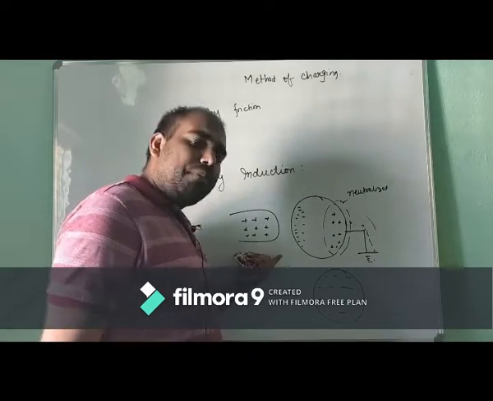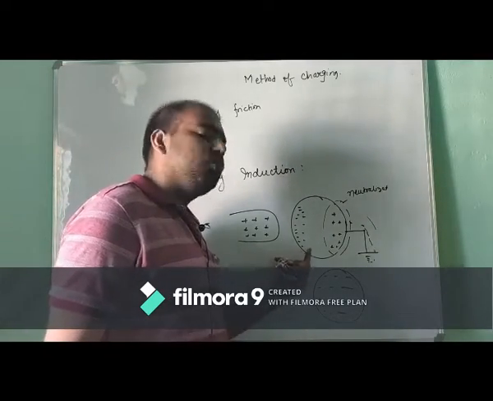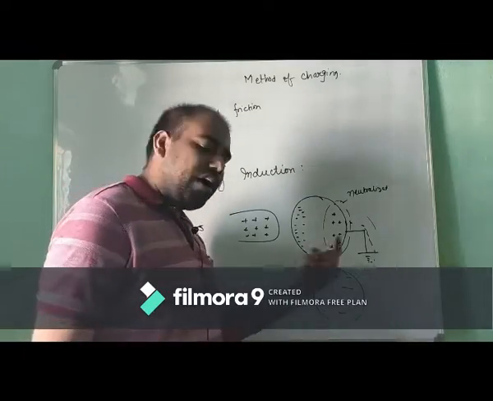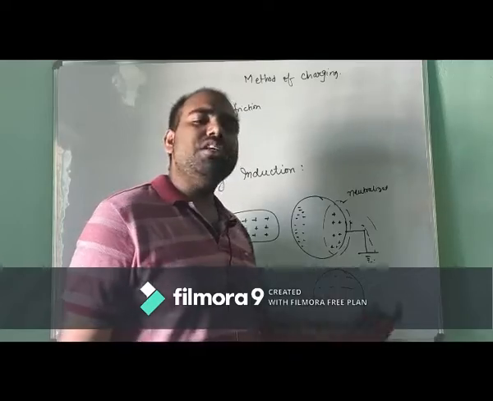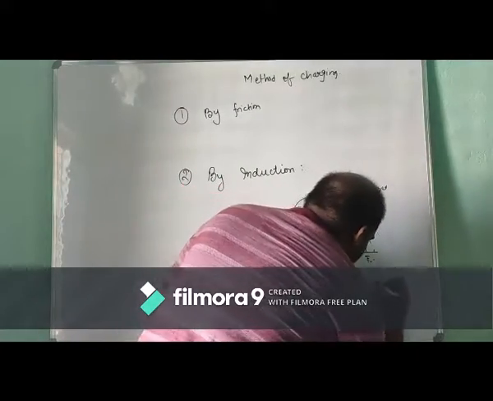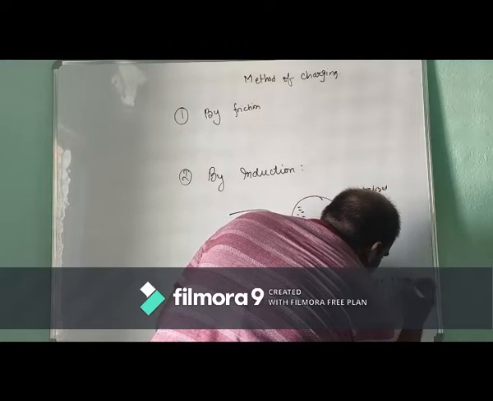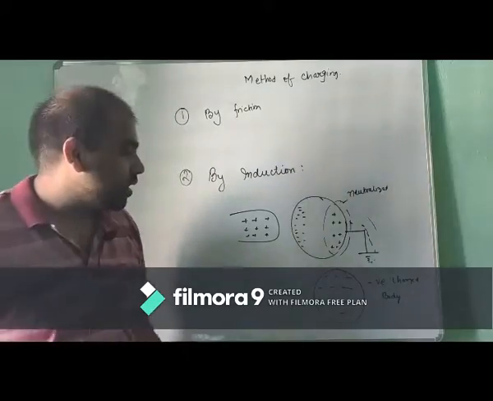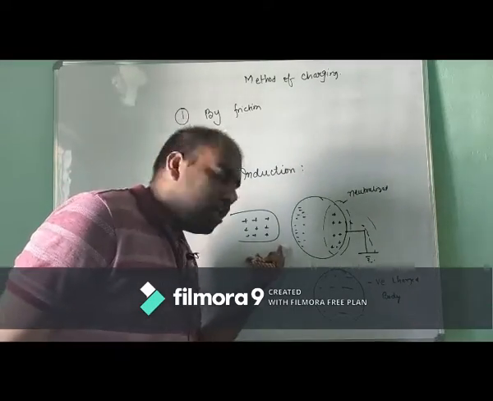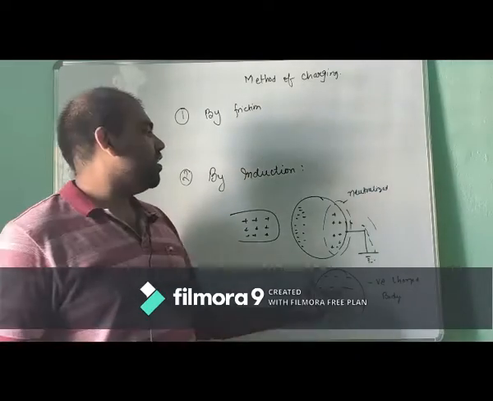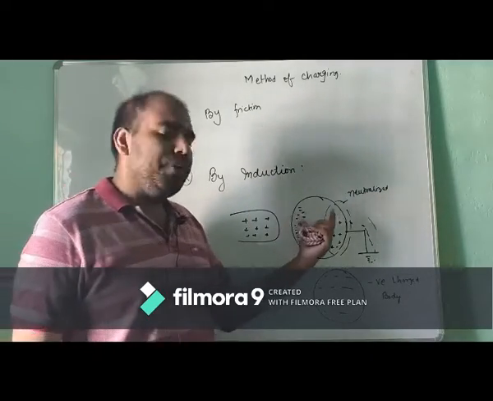We are taking a positively charged body near a neutral conductor, and what we are achieving in the end is a negatively charged body. Okay, so this is a negatively charged body. So, with the positive charge here, what we have achieved is a negatively charged body. Okay, so this is the way we can produce it from a neutral conductor.